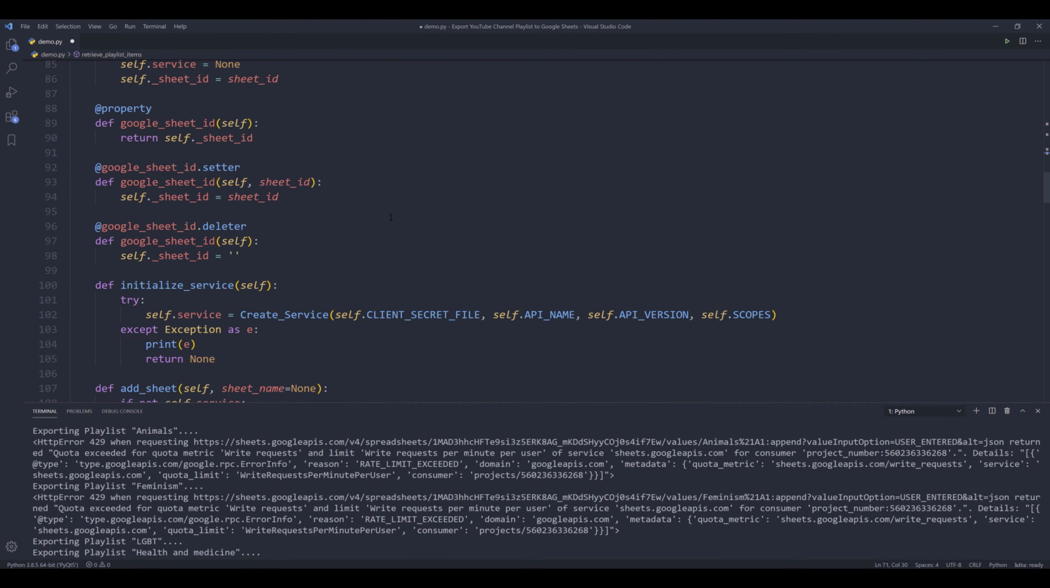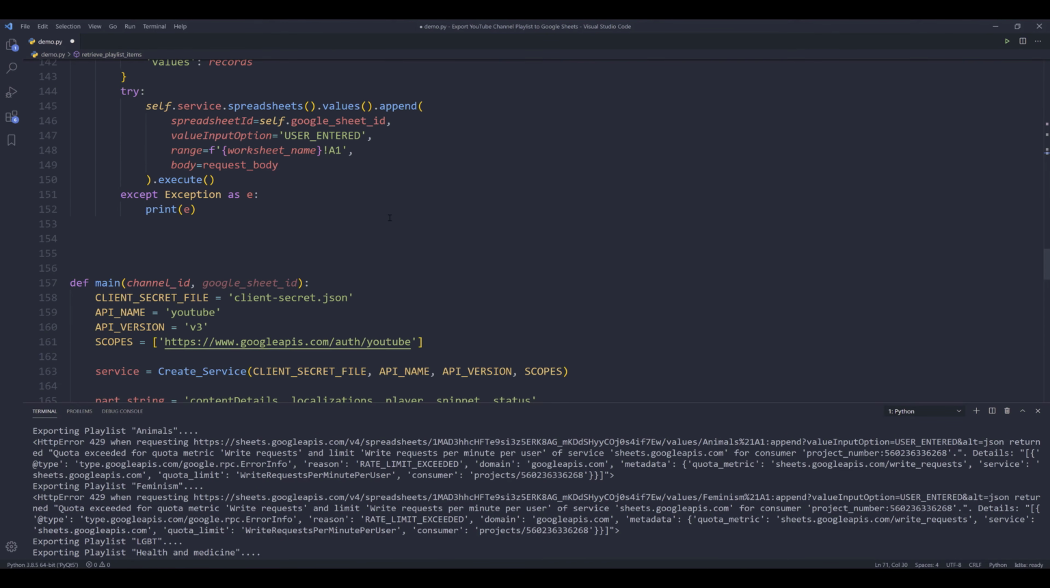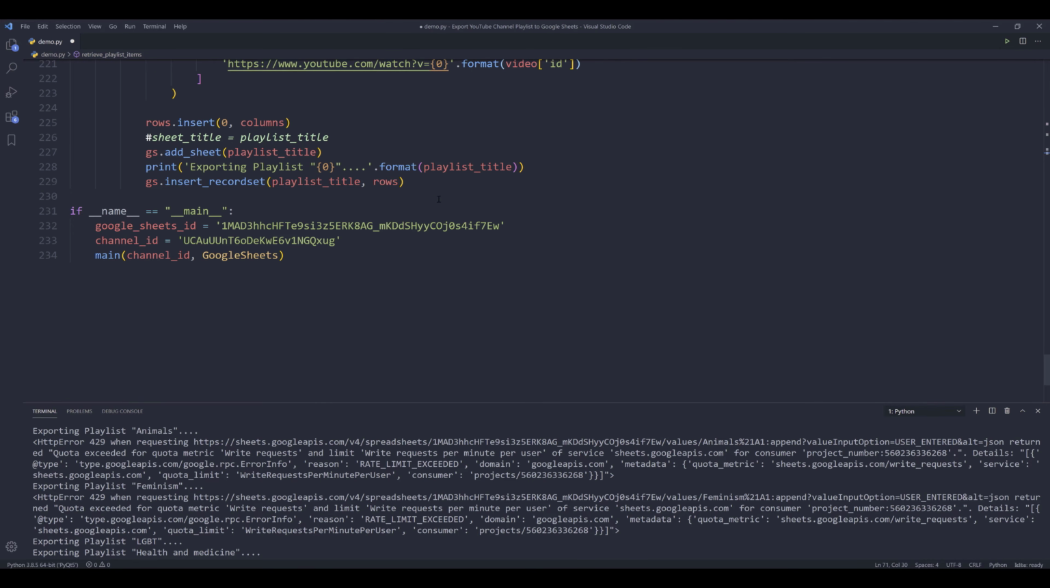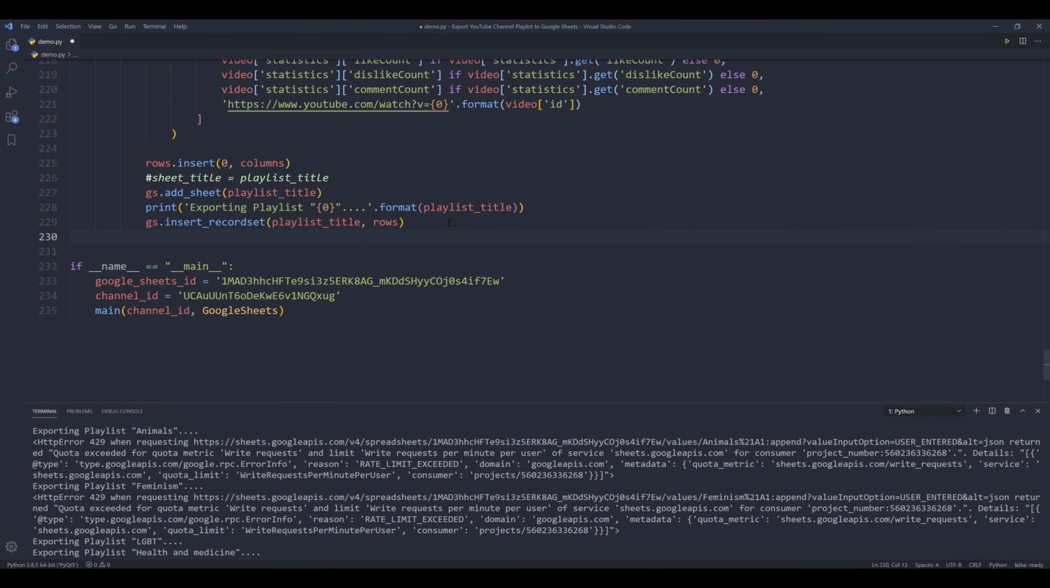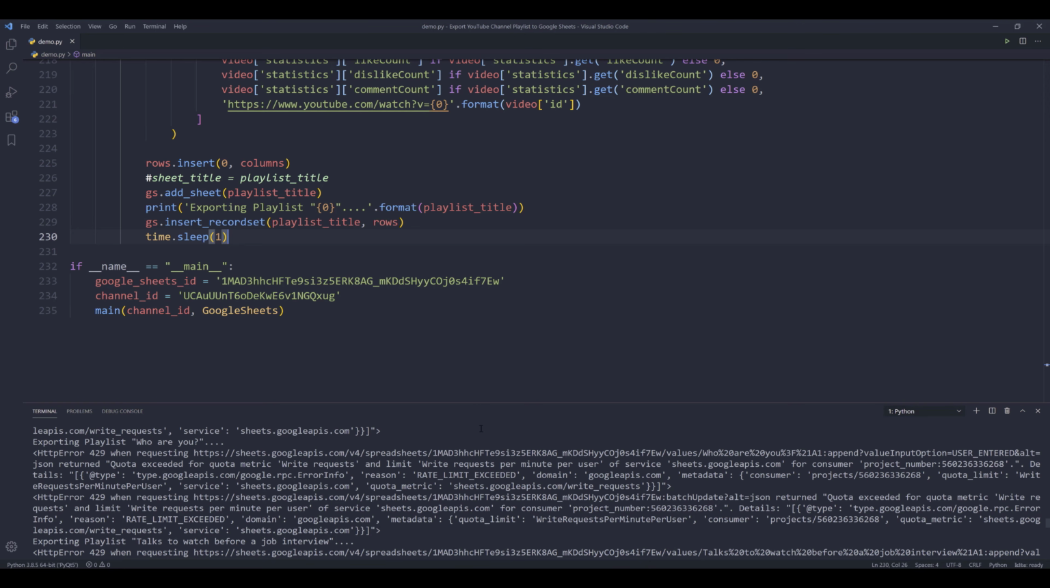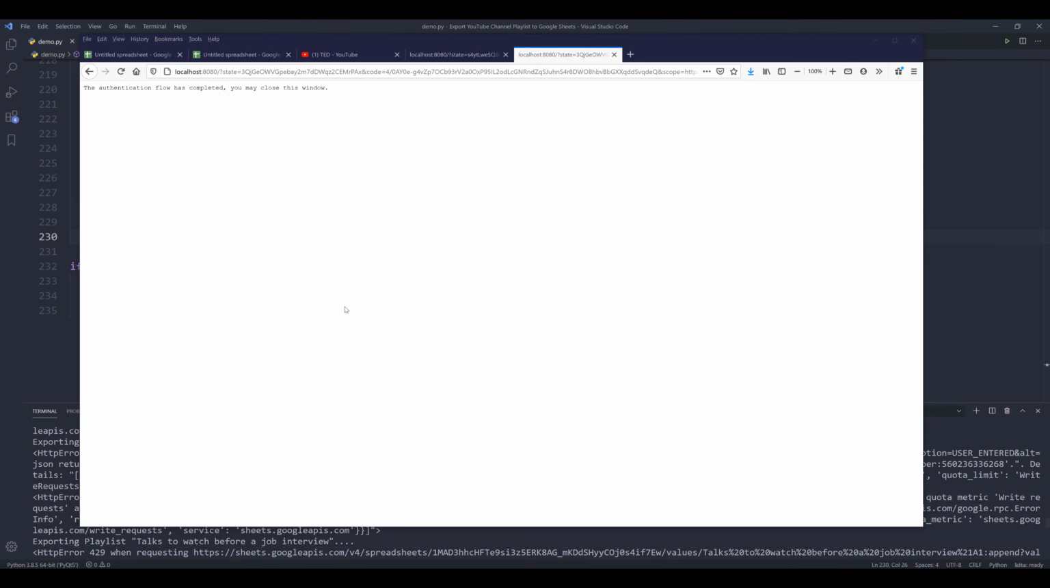So here, let's do this. At the end, I'm going to delay the next execution by 1 second. So time.sleep, and we're going to delay by 1 second. I'm not going to run the script again since I know based on all the output messages that the script is working successfully. But if I go back to my spreadsheet